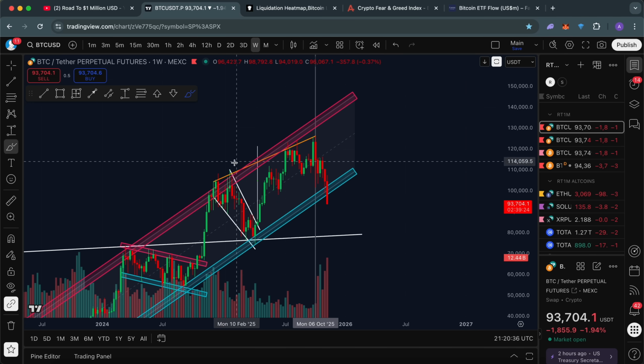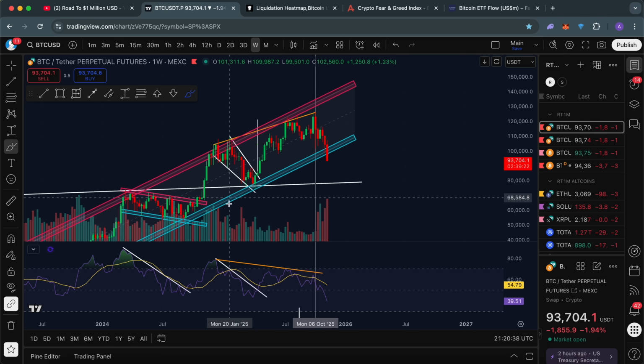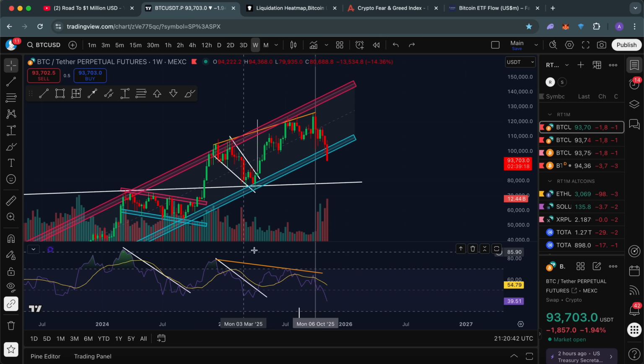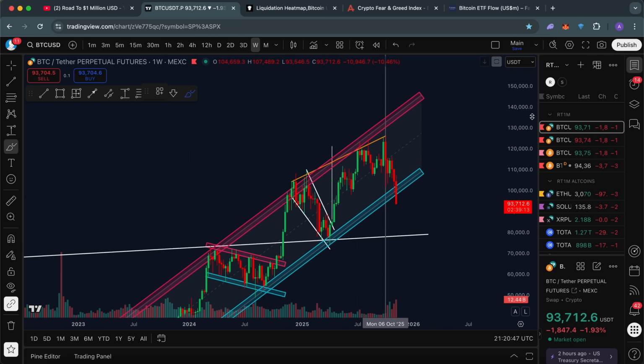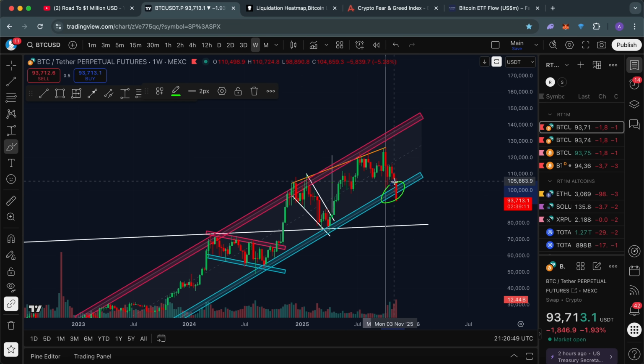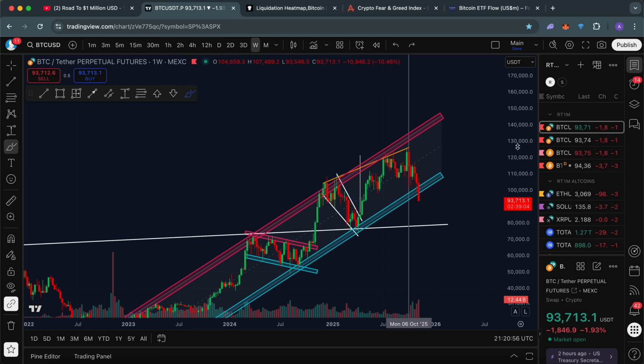Same thing goes for this bearish divergence here on the 1 week time frame. Once again, we have higher highs in the Bitcoin price and lower highs in the RSI momentum indicator. And in fact, we can even now start to see a potential breakdown below this critical area of support sitting at around 98k in the Bitcoin price.